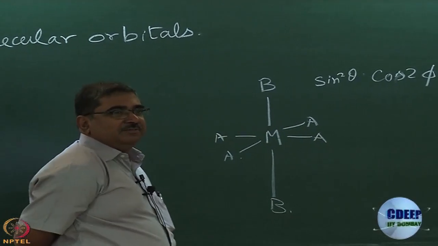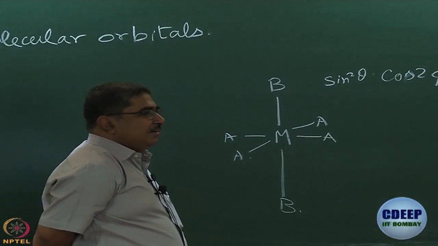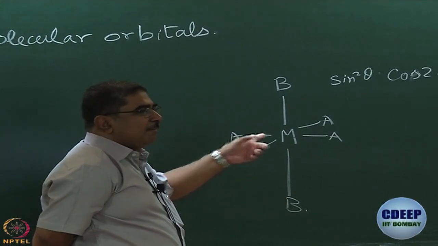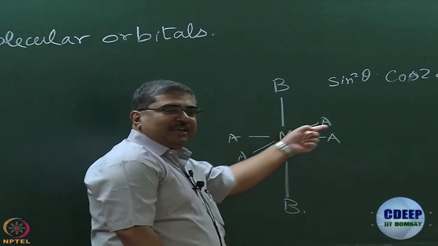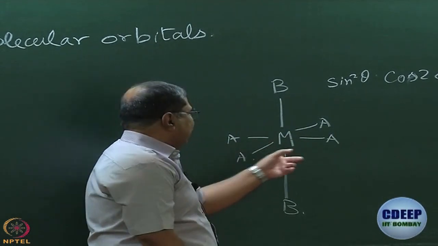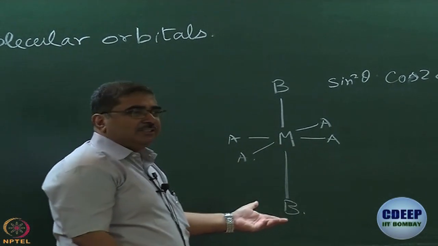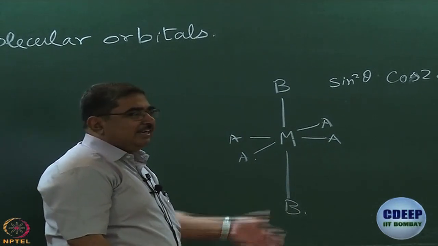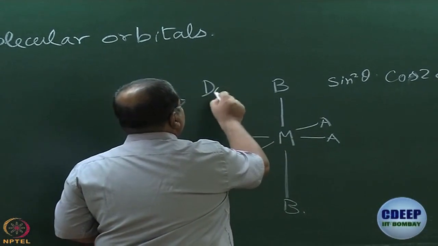Which point group is it now? What is the principal axis of symmetry? C4. Do we have a perpendicular C2 axis? So, take this AMA line, you turn it by 180 degrees, that is C2. This is another one, and you think of the bisector of the AMA angle, that is also a C2 axis. So, you have these 4 C2 axes. Okay. So, what will it be? It will be D4, and next thing to ask is, do I have a horizontal plane? I do have a horizontal plane. So, it is D4H.